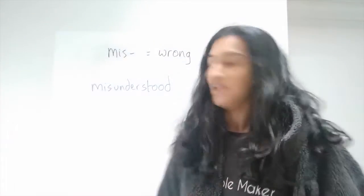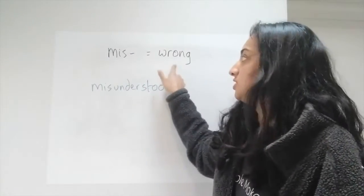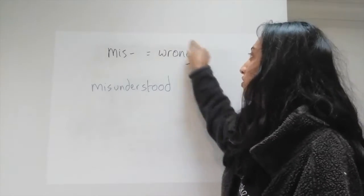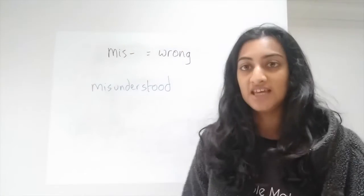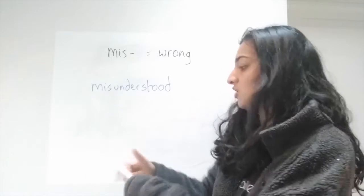The next prefix is mis. Mis carries the meaning wrong. So whenever it's attached to the word, you need to attach the meaning wrong to whatever the meaning of the root word is. Let's take a look at how this would form an equation with mis